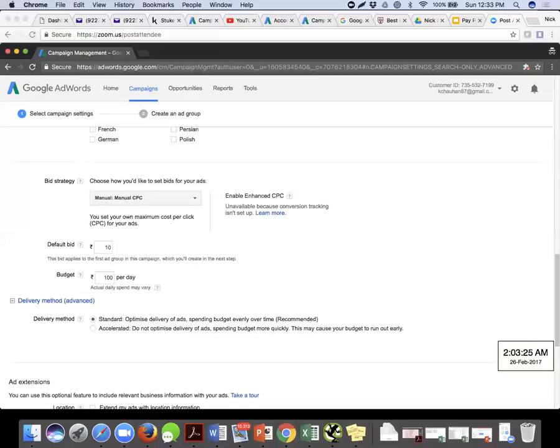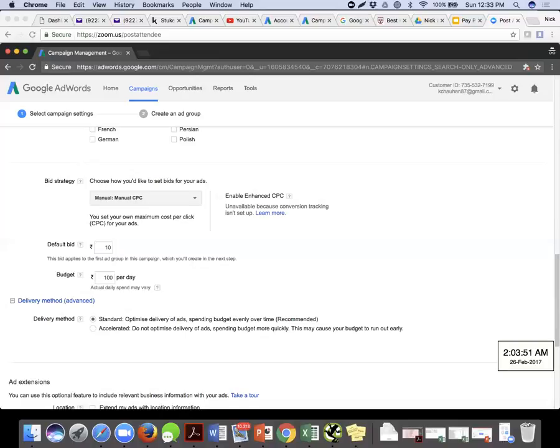So what happens is I can spread out. I can tell Google AdWords to please spread out my budget over the entire time period which I have selected. If I have selected 24 hours, my 100 rupees will be segregated across 24 hours, say 10 rupees in the first 2 hours, another 10 rupees in the next 2 hours, and so on.